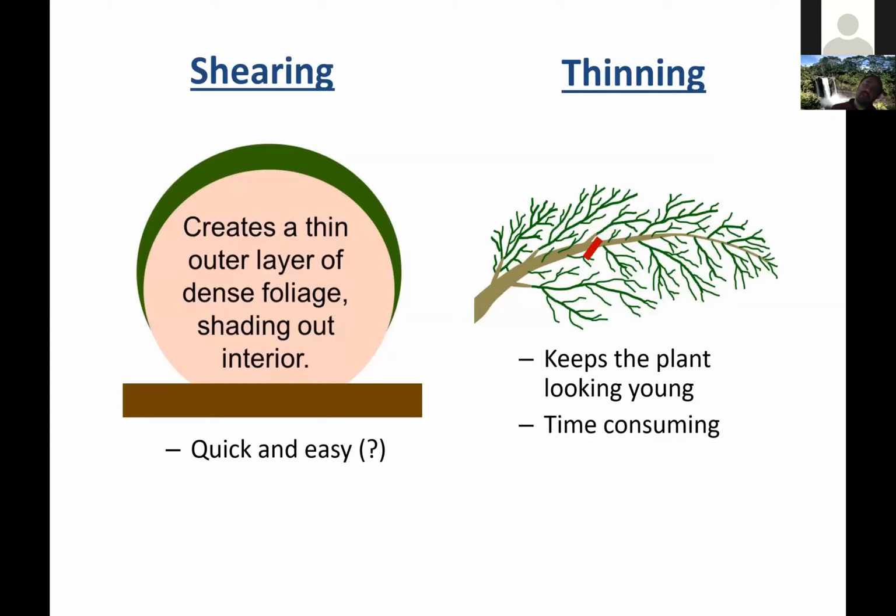Also, it's important to understand that if you're shearing evergreens, which is pretty commonly done for junipers and things like that, you're going to get the same effect as when you shear a flowering shrub. You're going to create a dense outer layer of foliage that shades out the interior. And eventually that layer gets thinner and thinner every time, especially if you shear a lot. Eventually it gets thin and holey looking, like it's got a bunch of holes in it. So we'd rather see most evergreens thinned, which is just going in and making targeted cuts at the junction of branches to keep the shrub having its natural shape and something close to its natural density.